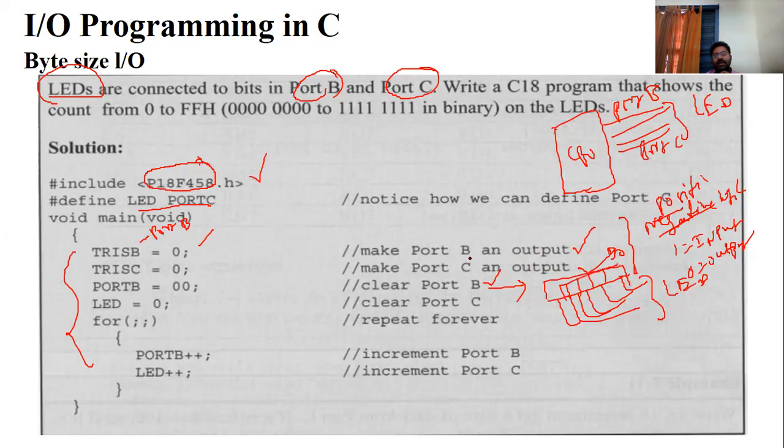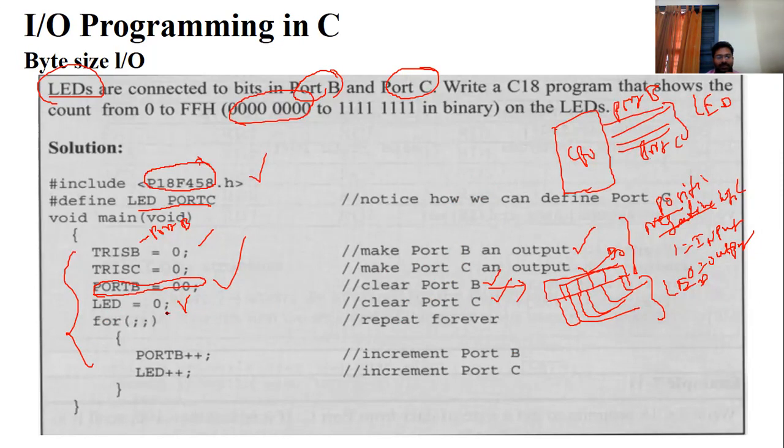So you clear it, and then only you can show the values starting from 0. You send port B as 0, which means clear. You know that in a microprocessor or microcontroller, there is no erasability of the data. Clearing the data means sending the information 0, and there is no erasing. So again, you make the LEDs 0 for the starting. The same goes for port C, which is also 0.